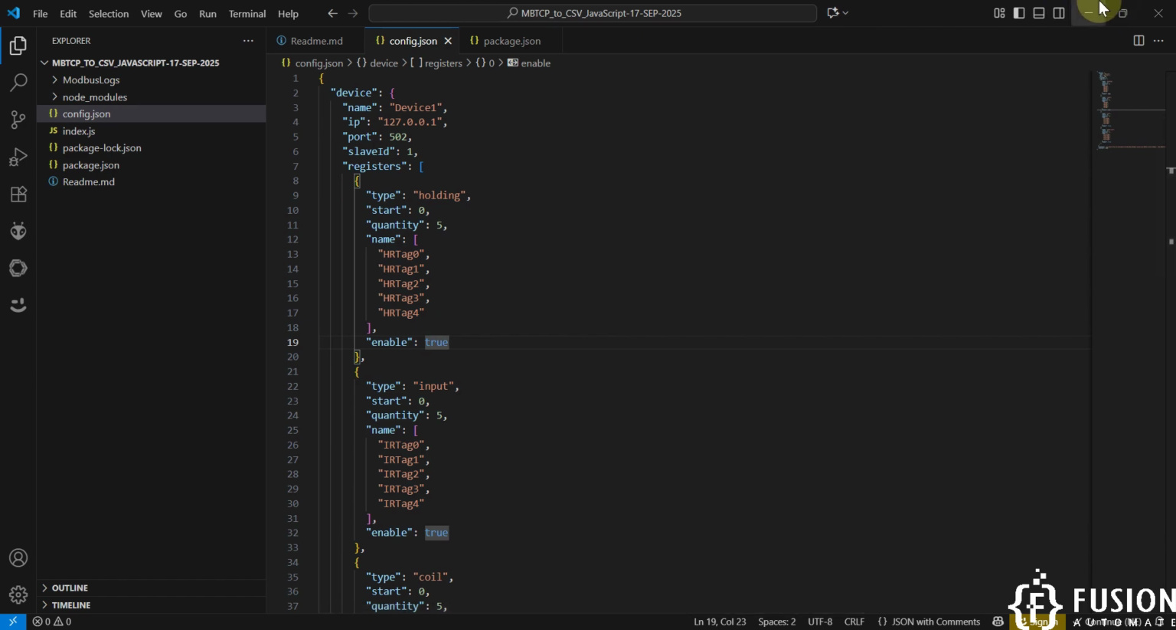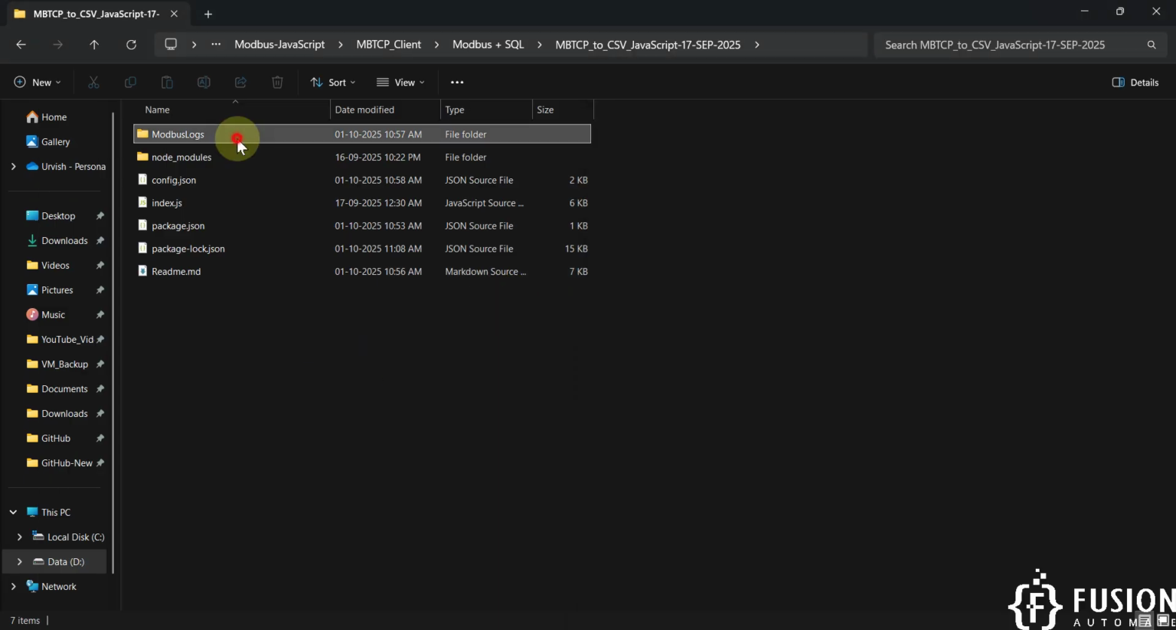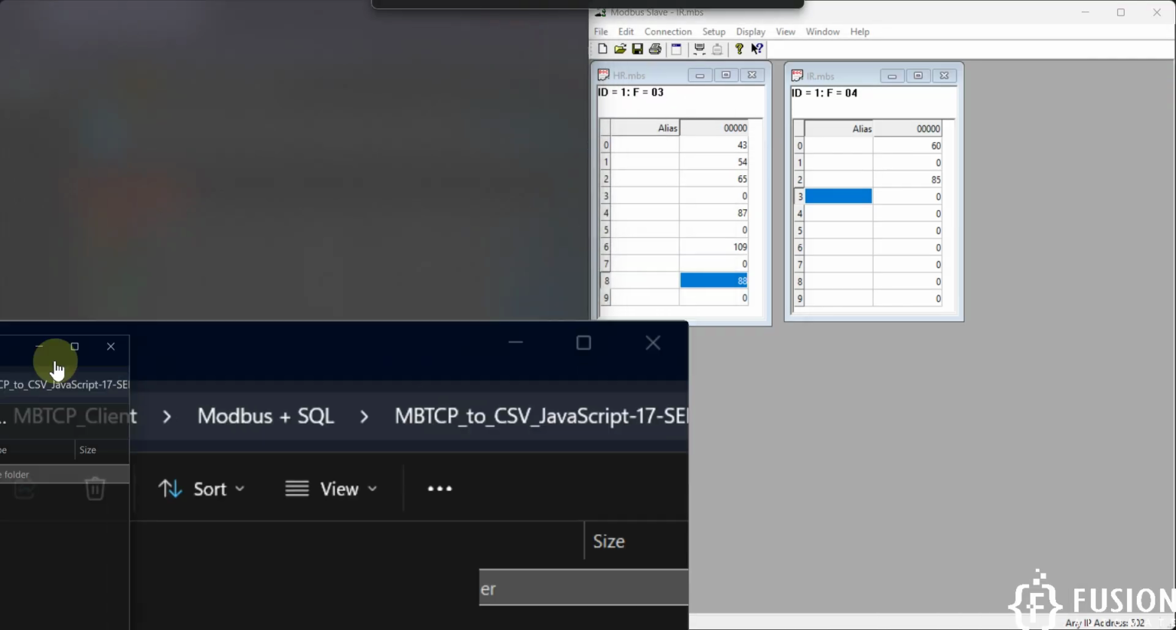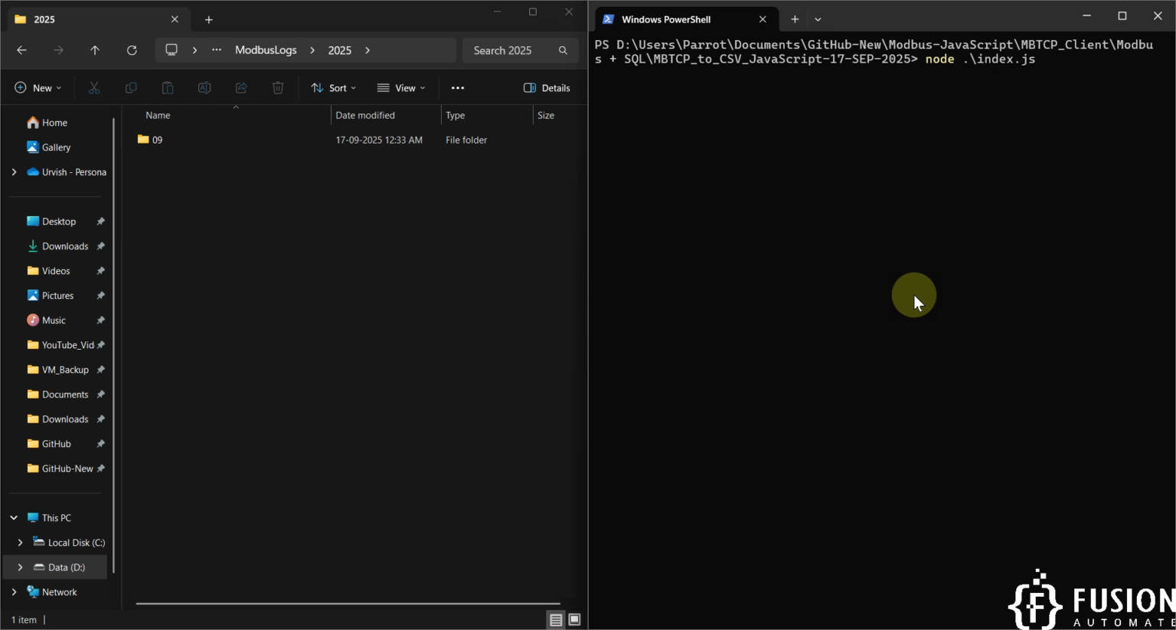Now let's start the project. But before that, here in the Modbus logs folder, you can see we have the year 2025 and we have the month 09, but today is October 1st. So we don't have this folder here, so it will auto create the folder for the October month and it will automatically log the data into the CSV file. It will also generate the CSV file and add the header, everything. So let's run the index.js,